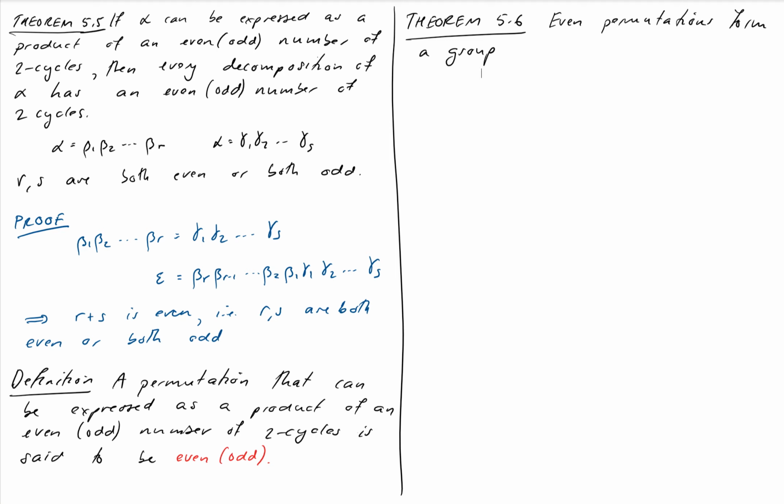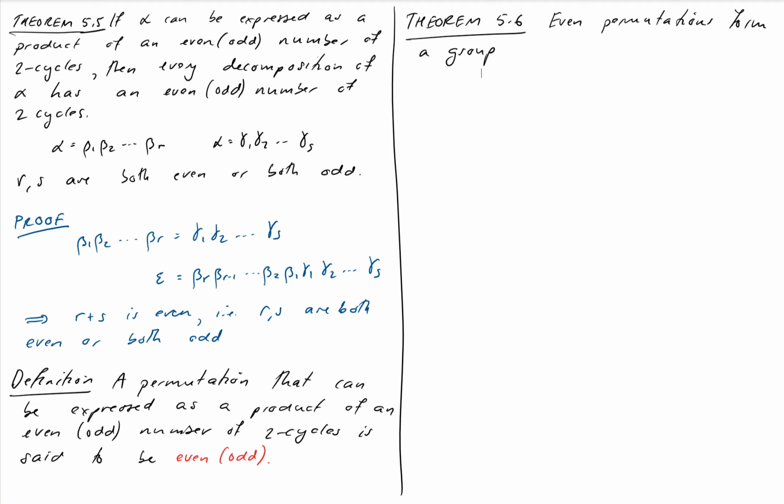Now it turns out that the even permutations form a group. I'm not going to prove this because we can just do it very quickly out loud. How do we know? Well, if you multiply together two even permutations, then the product is going to be a permutation which also has an even number of two cycles to express it. Likewise, the inverse of an even permutation is going to be that same product of two cycles written in reverse order. So the inverse is also going to be even, and therefore the even permutations form a group. The odd ones, however, do not, because if you